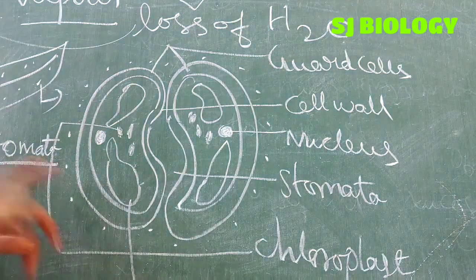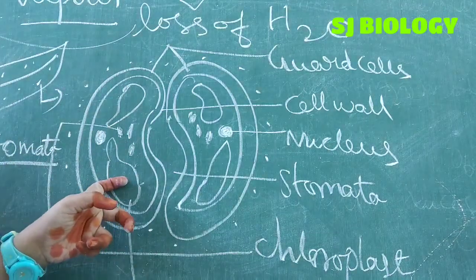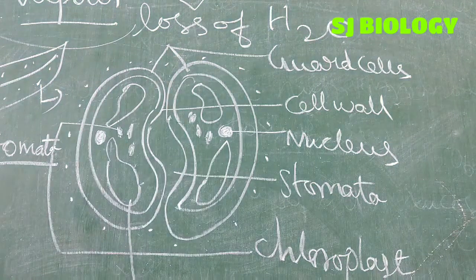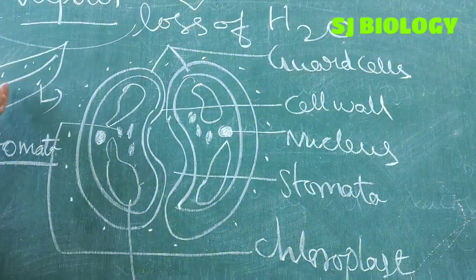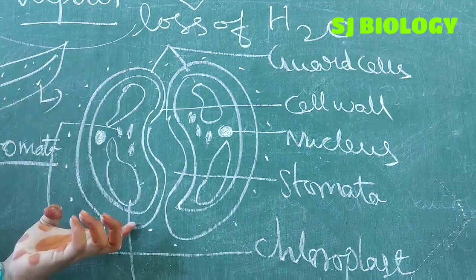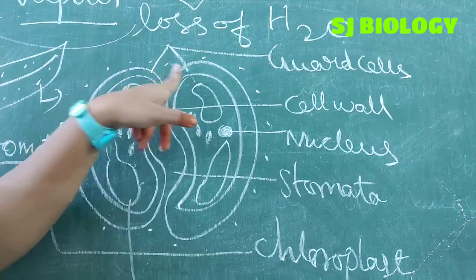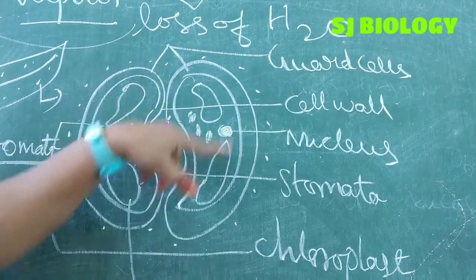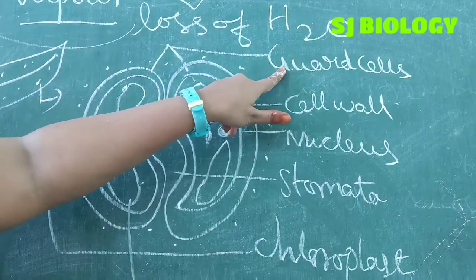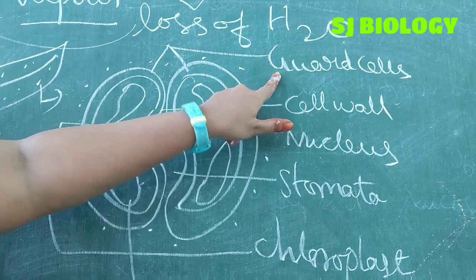Okay. So the structure of stomata is this. So many microscopic pores are there in leaves, and that is called the stomata. The structure of stomata is, see there, and then guard cells. These two are guard cells. They protect the stomata, so that's why they are called guard cells. The name denotes guard.